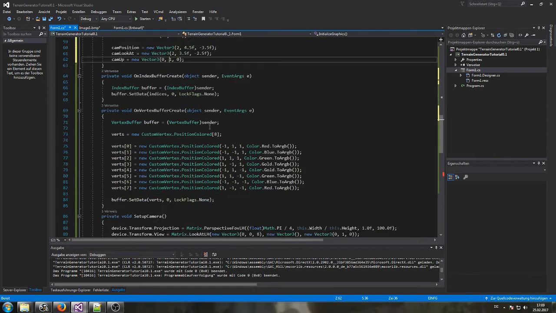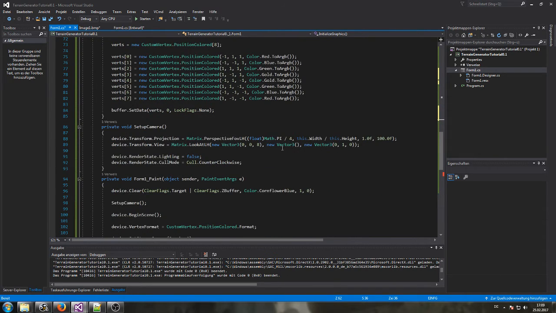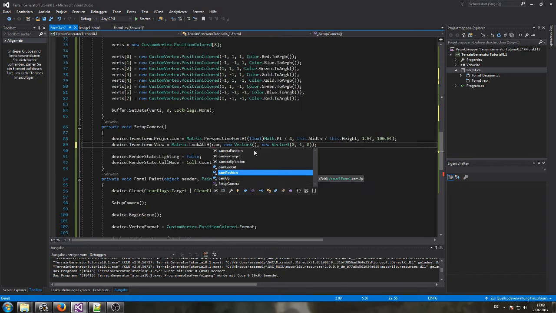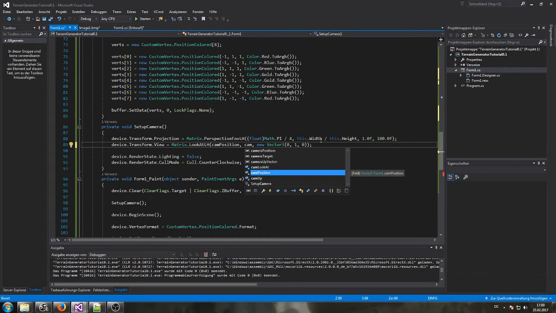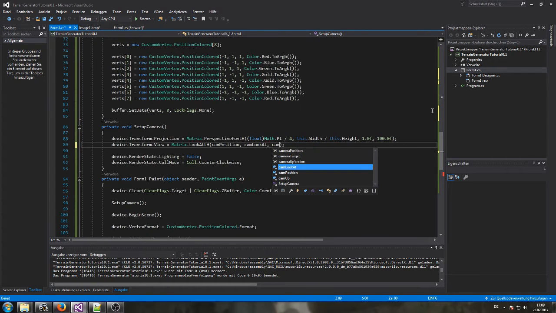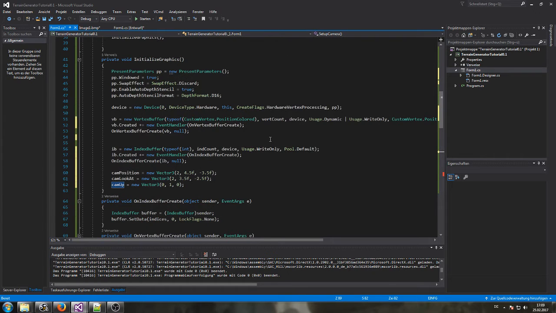And let's use this already in the camera settings. So for the look at here, we're gonna give our camera position a new vector, then this one will be a look at, camera look at, and this one was the up vector, cam up. So further, the next thing, after we set up the camera,